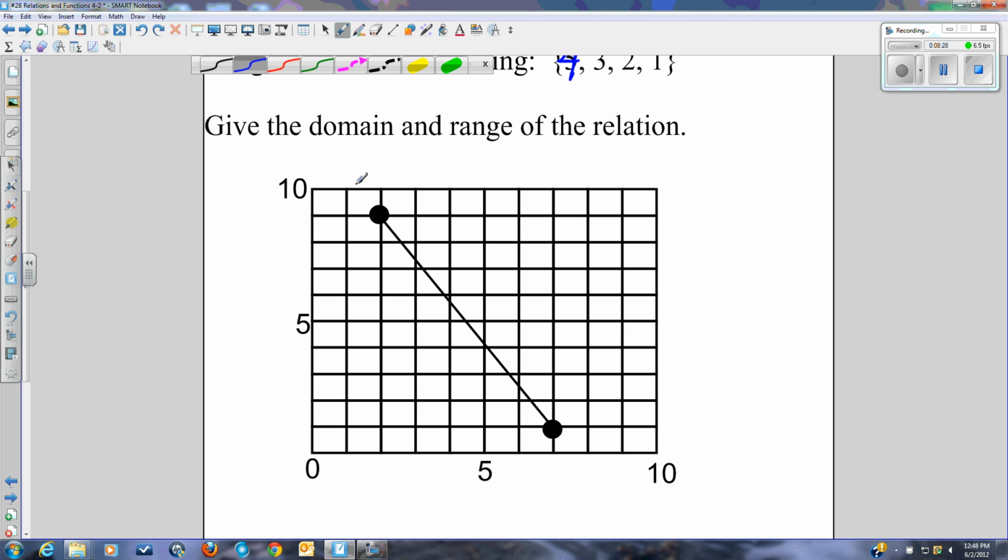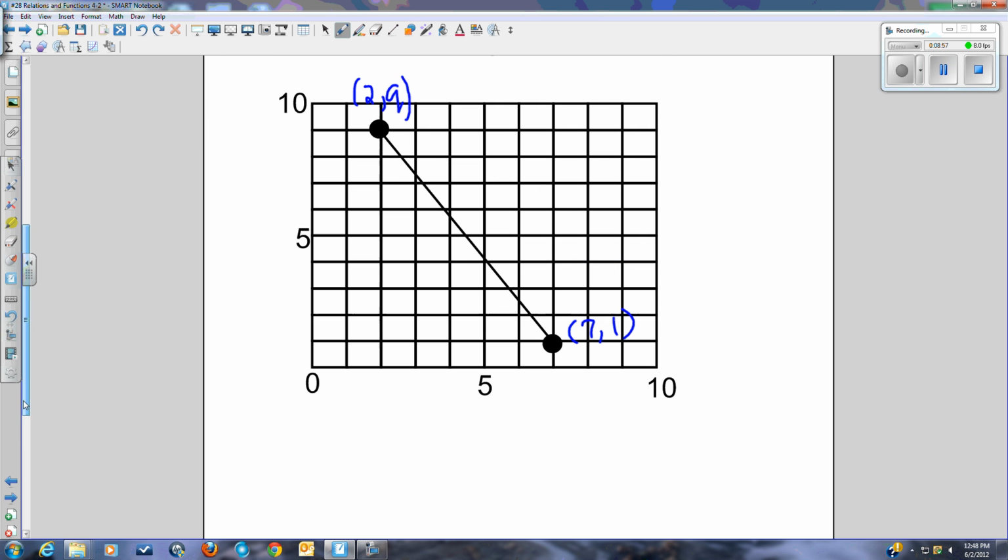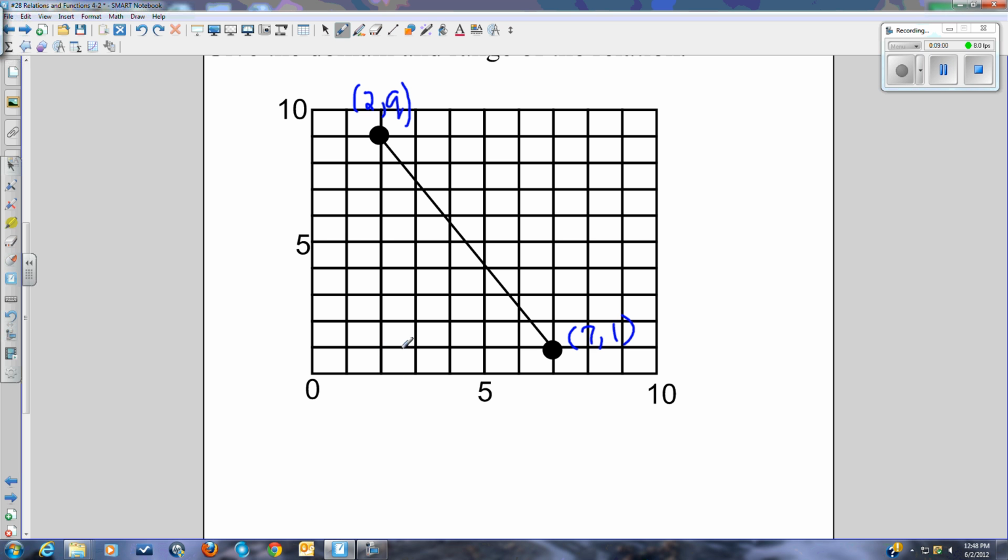The first point is the point 2, 9. And the point over here to the far right, where the line seems to end, is the point 7, 1. So if you look at your x values, it looks like they range all the way from 2 up to 7. So the way we write that is for our domain,